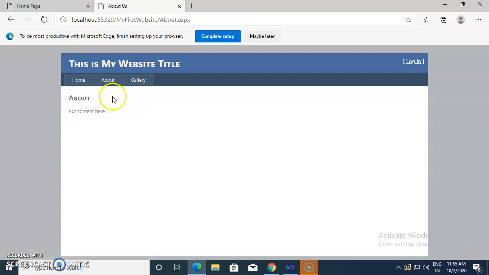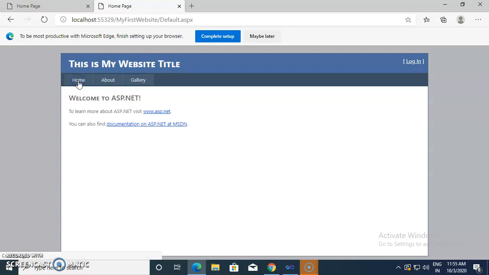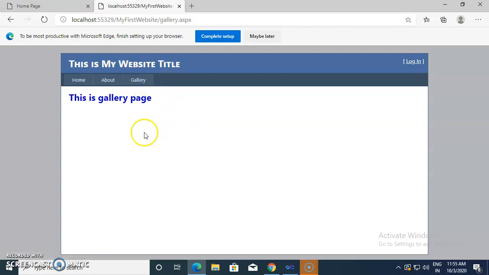If I click on about page, about content page will be displayed inside this area. If I click on home, then home contents will be displayed. If I click on gallery, then gallery page will be displayed. In this way, we can add our own web pages inside our project.